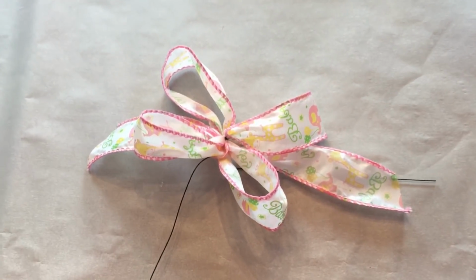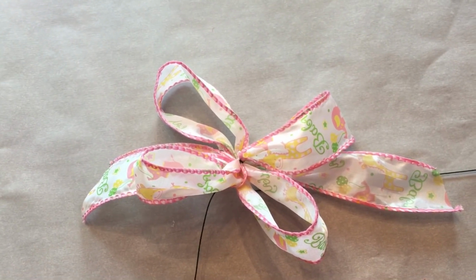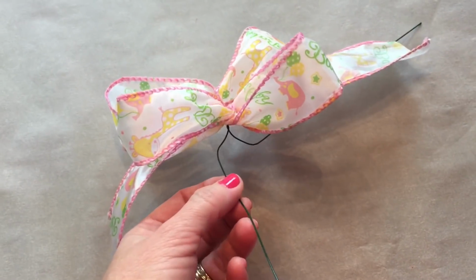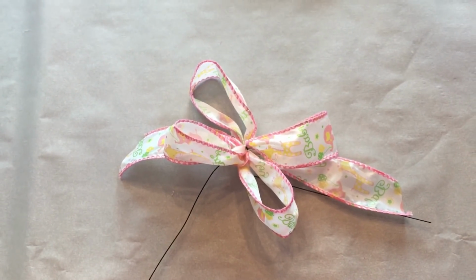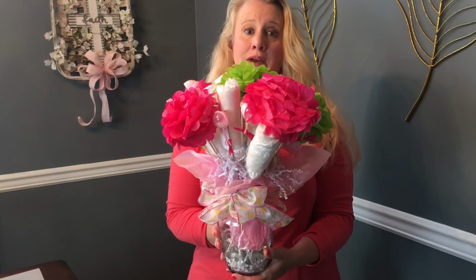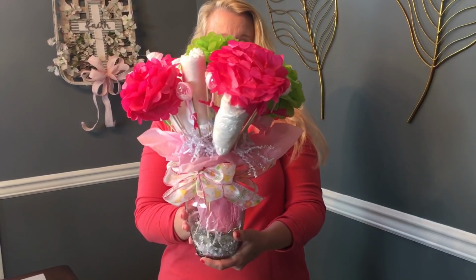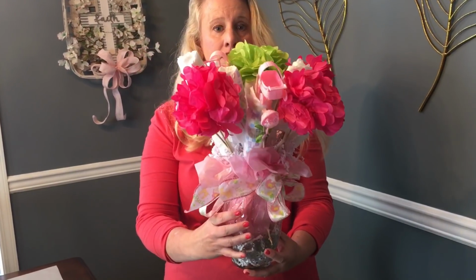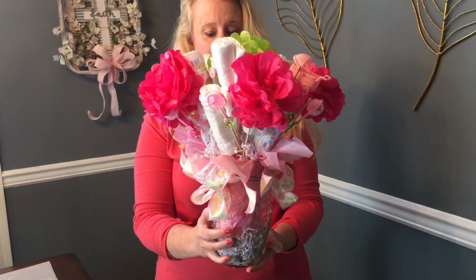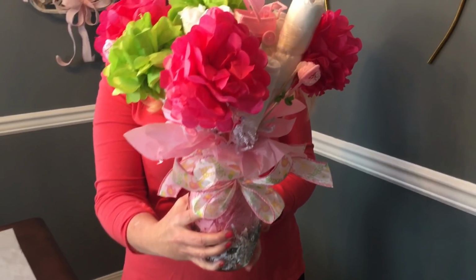So anyways, here's the bow. And like I said, I just tied 2 loops on each side, and I am going to take the floral stem wire and I'm going to wrap it around my vase and give it a few twists to the back. If you're making the baby diaper bouquet for centerpieces, you'll want to add a bow to the front and also to the back of your arrangement. So I just tied 2 bows and I just wired them on,